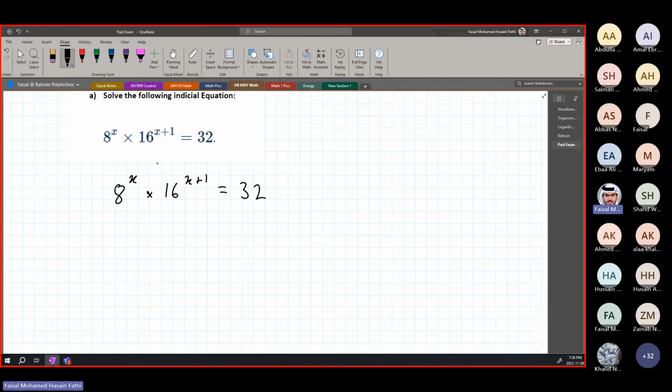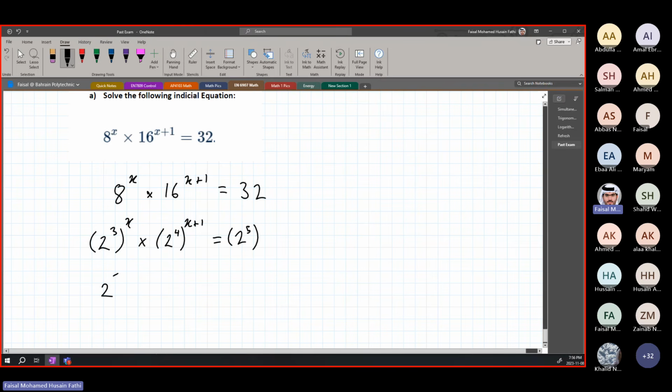8, what is 8? 8 is 2 to the power of 3, all to the power of x. Times 16, which is 2 to the power of 4, all to the power of x plus 1. It's equal to 32. 32 is what? 2 to the power of 5. Then, how do we simplify this? We know when we have two powers, we just multiply them. 3 times x, so 2 to the power of 3x, times 2 to the power of 4